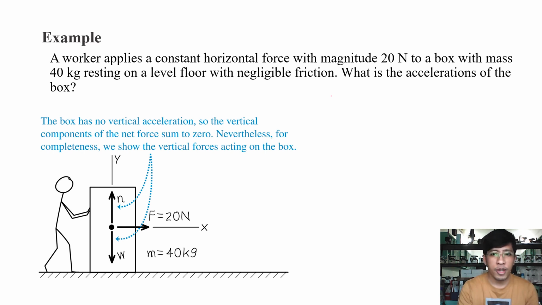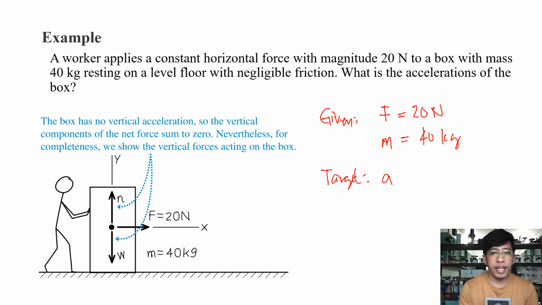Here we are given a constant horizontal force with a magnitude of 20 newtons, and a box with a mass of 40 kilograms, so m is equal to 40 kilograms. You're asked for the acceleration of the box, so our target is